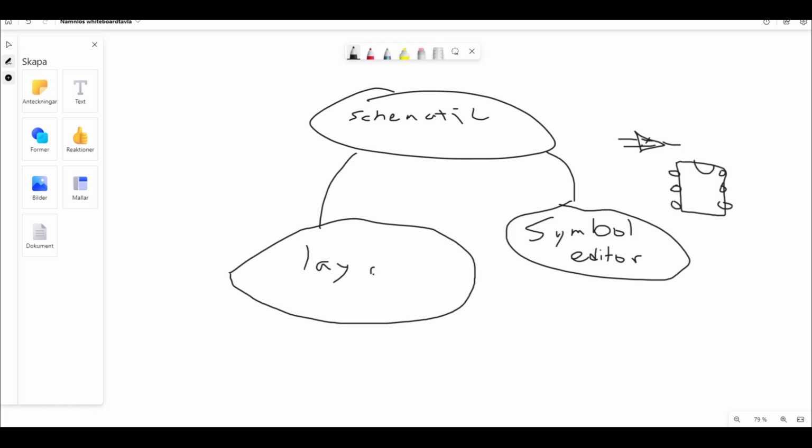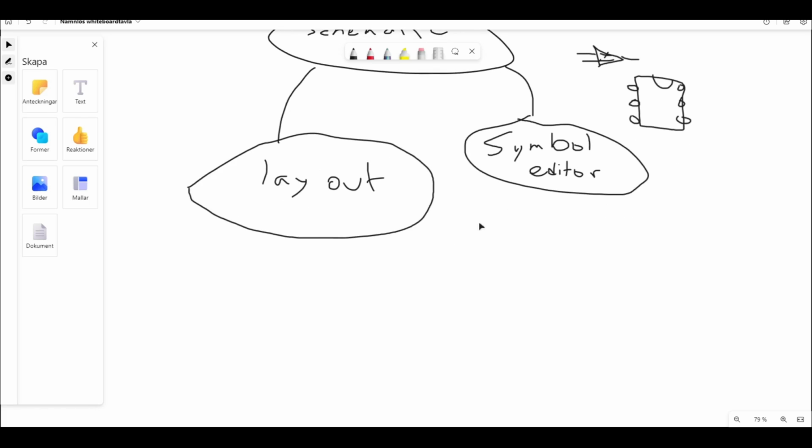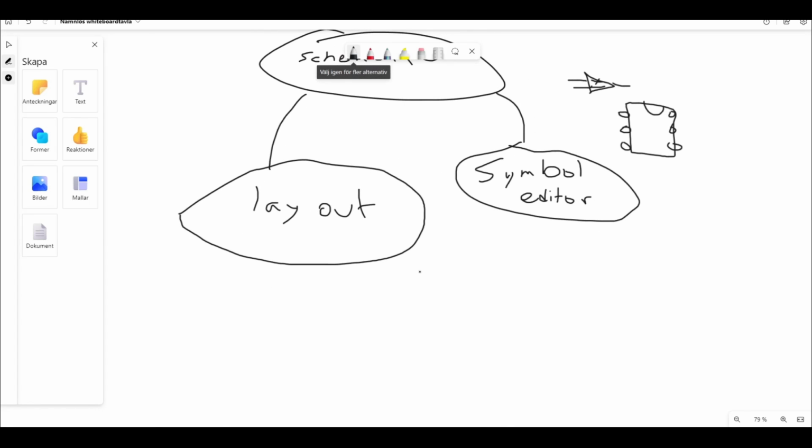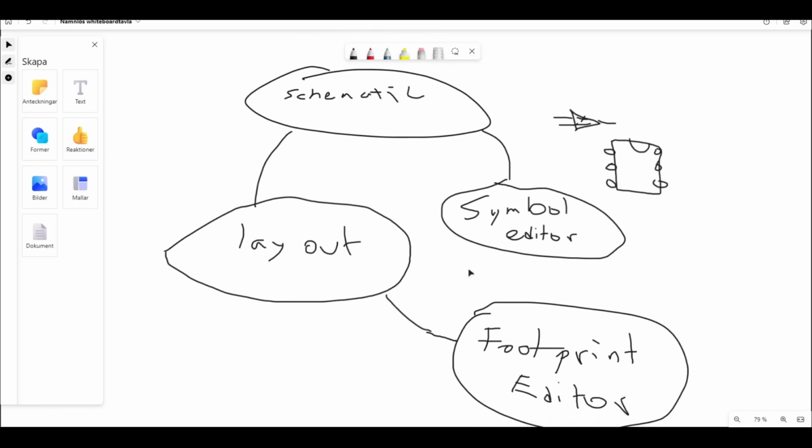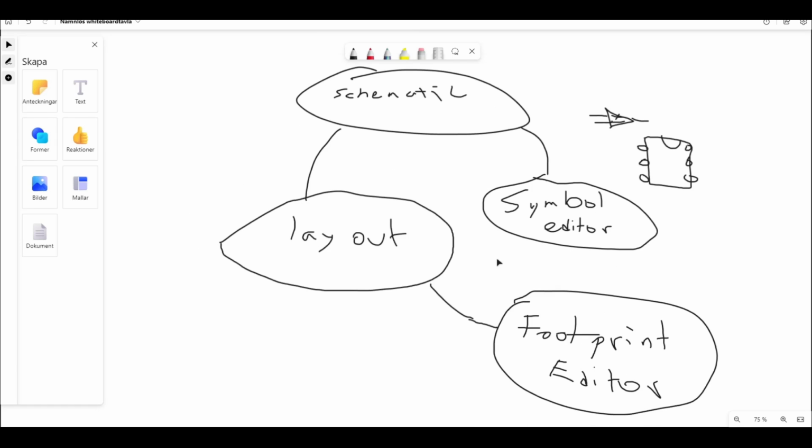over. So this is our layout stage, and should there be the case that we do not have a footprint, we can go into our footprint editor and we can build a footprint. So at no point in time do we need to be nervous that there will not be a part in the library, because we can expand that library and add whatever part we want. As long as the manufacturer provides some sort of footprint schematic, we can build that footprint in the editor and place it in our layout. So I just wanted to go over some of that basic design flow before we get started, and I'll show